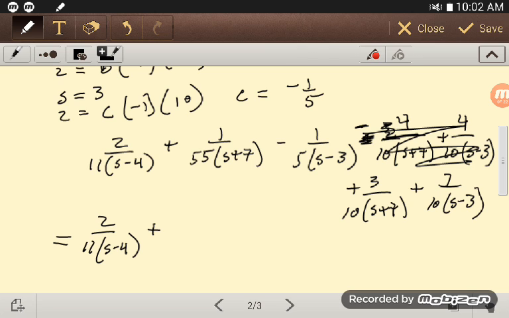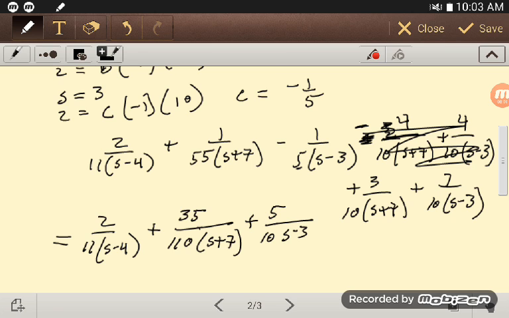Now, if I multiply this one by 2 over 2, I get 2 over 110. Multiply this one by 11. So I believe I get 35. 2 and 33 is 35 over 110. Now, the nice part is that does reduce, s plus 7. And then here I have a minus 1/5, so that's 2/10 and 7/10. So I get a plus 5 over 10